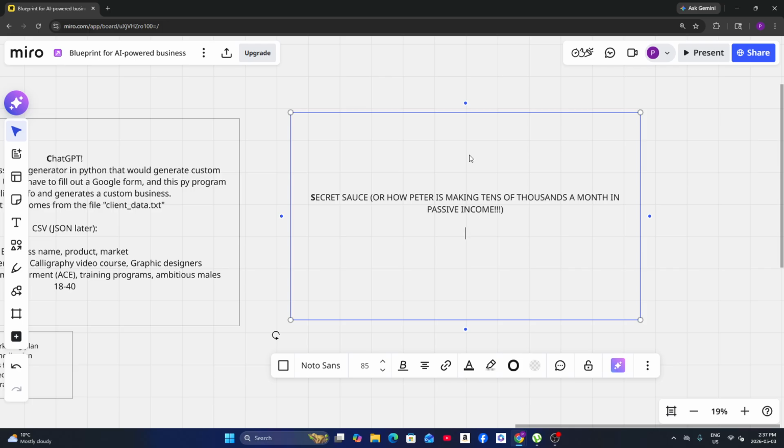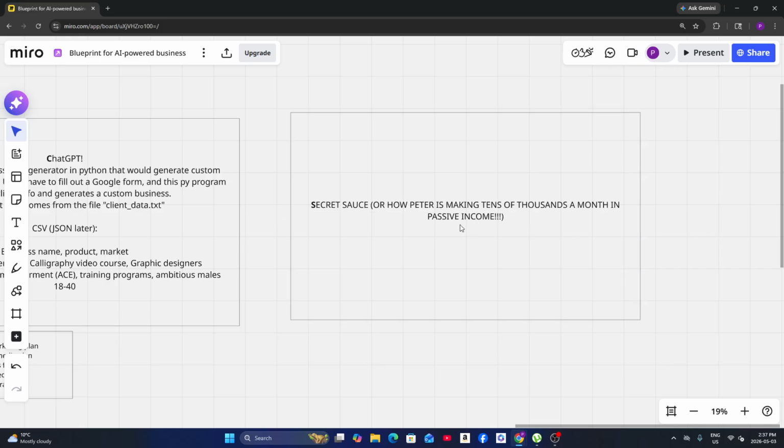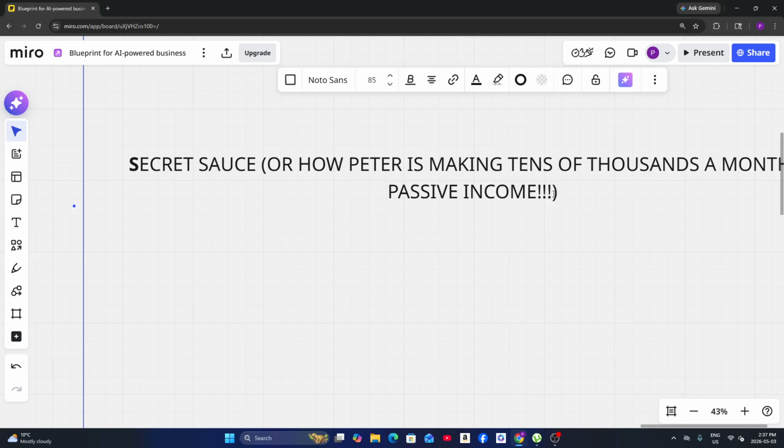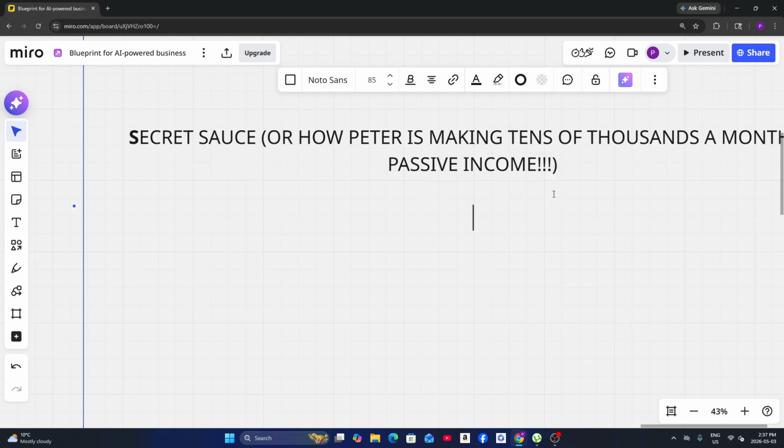Okay, this is the secret sauce, and I'm going to show you the structure of Miro. It is just amazing. Hold on, where's my coffee? Okay,